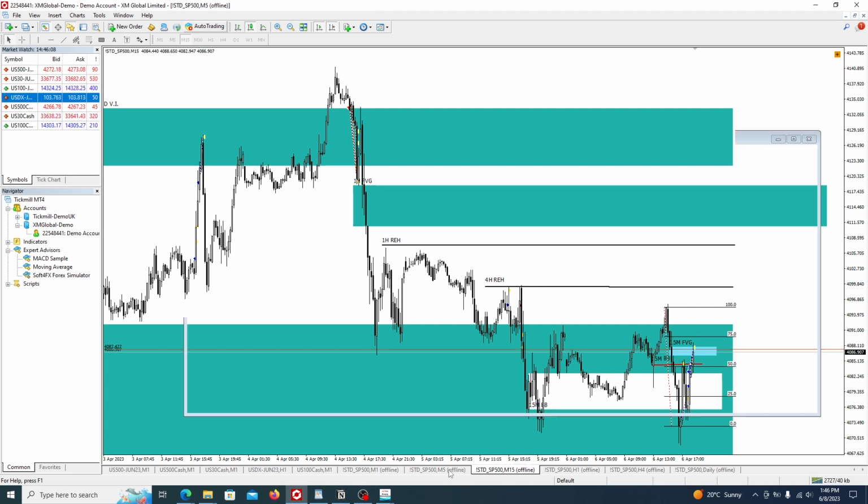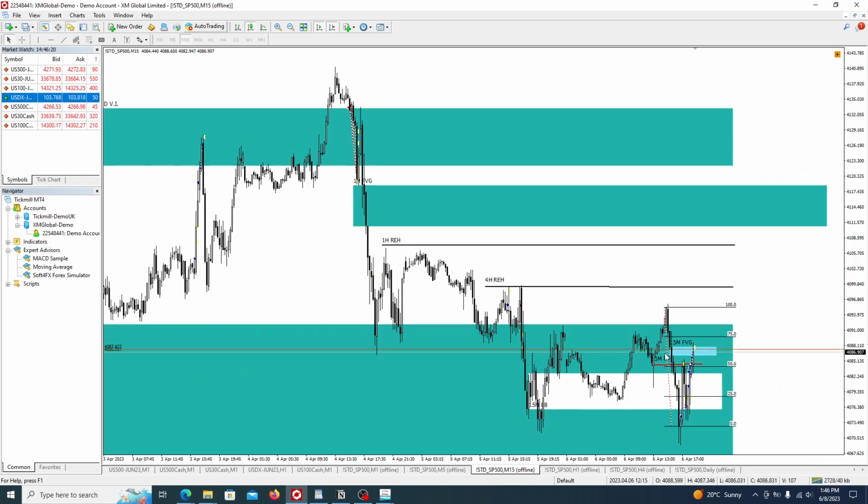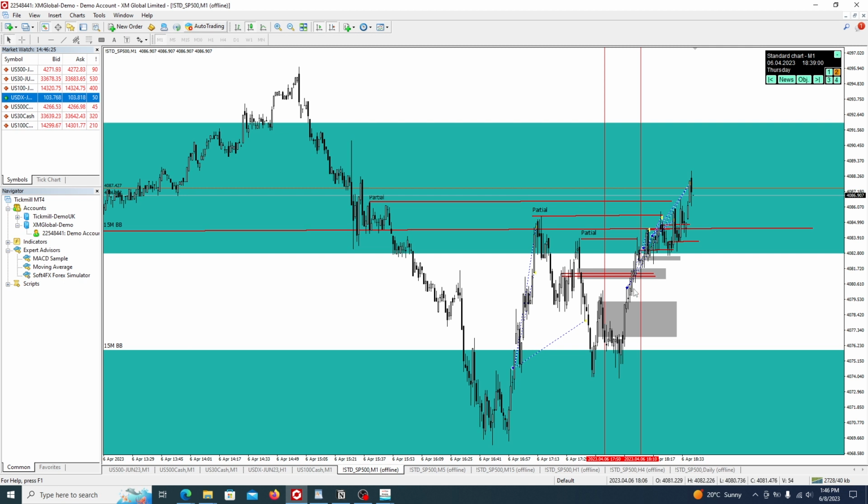So the draw is clearly on more than one time frame. We've seen the draw is for price to go up higher, so we expect higher prices. So my narrative would then be for price to go up into this fair value gap and this high if it does trade up with